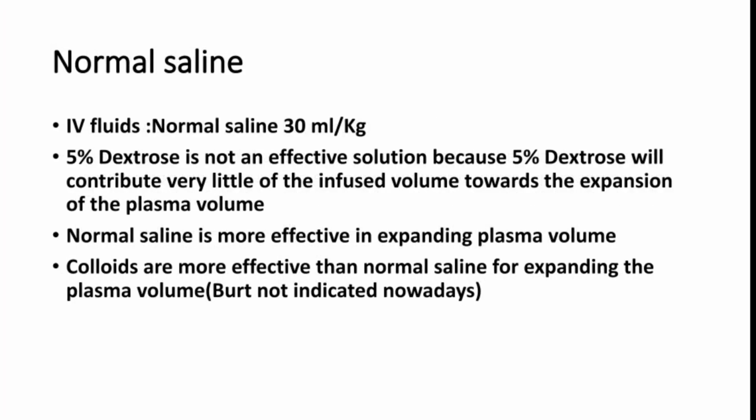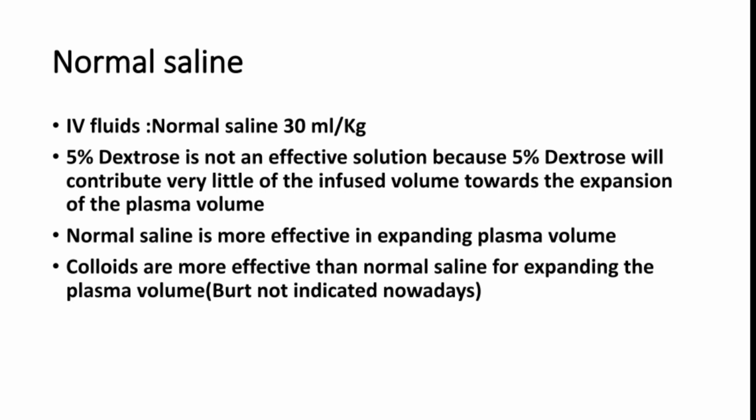Once the intravascular volume is full, if the patient still has dehydration, that means extravascular dehydration, we can treat the patient with dextrose, because the problem with dextrose is that it shifts very fast to the extravascular compartment. Unless you correct the intravascular volume, you should not use dextrose. Once the urine output is good and patient BP has improved, then to correct the extravascular volume, you can give dextrose.